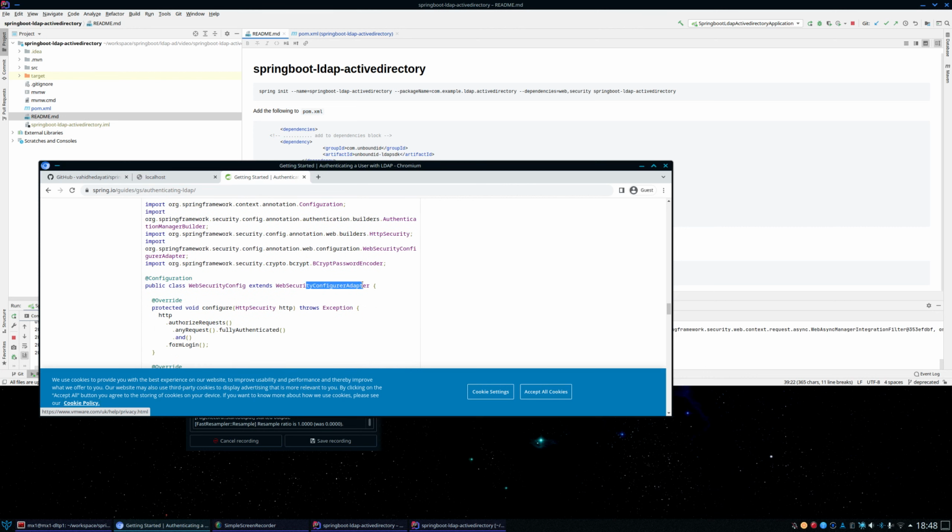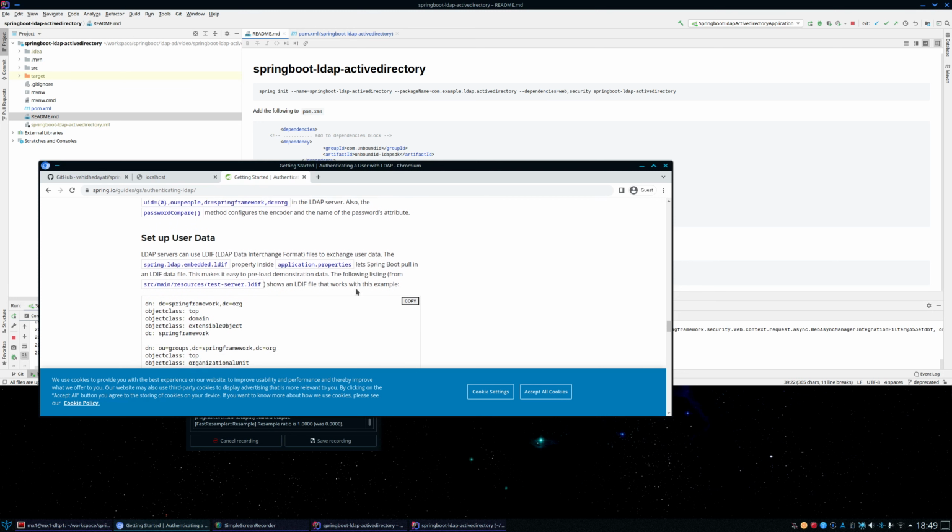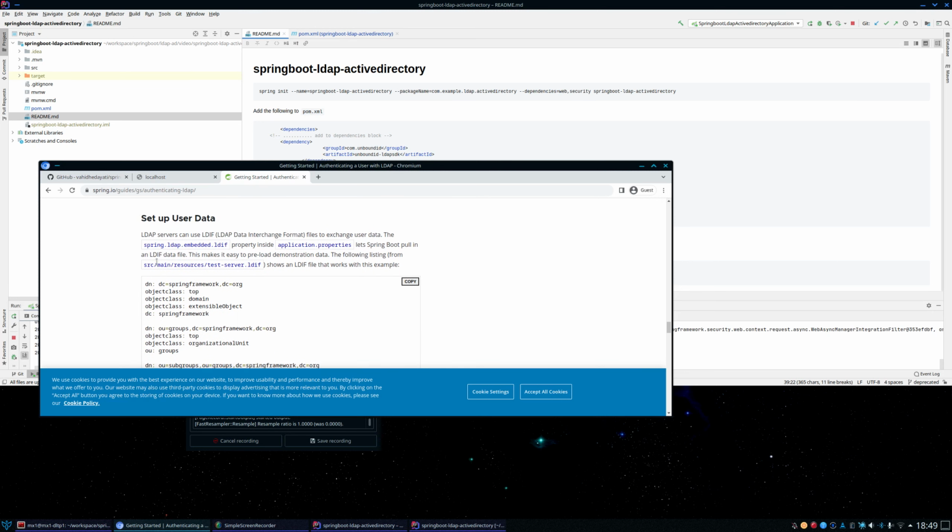Web Security Configurer Adapter. So I used that and it was working, and it gives you a dummy LDAP database,